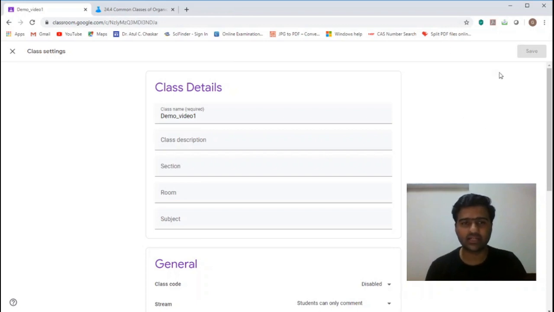Now, when you click on settings of the classroom that you're managing, you get this page which shows you the class details. As I told you, the class name is there, which is the required field. Apart from that, the class description, section, room and subject are customizable at any given point in time for your course. Then as we go down,